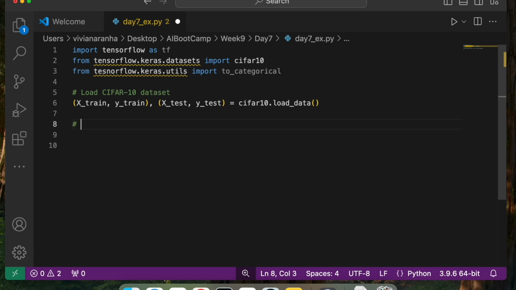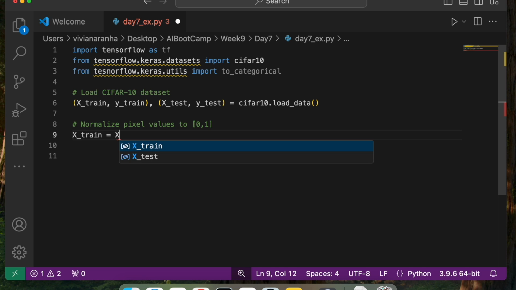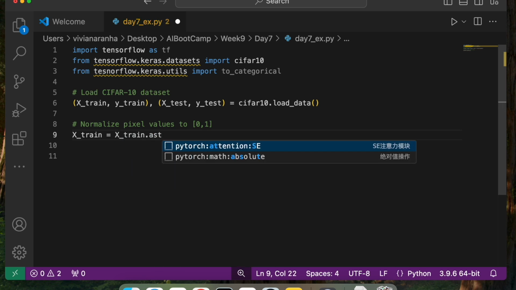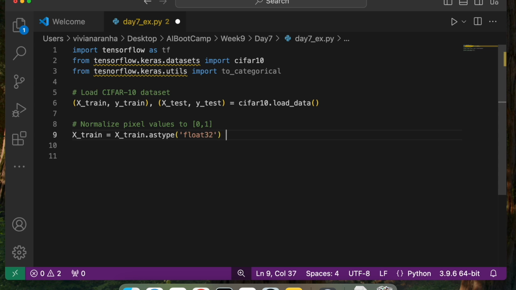Next step is to normalize pixel values to 0 comma 1. So I am going to say x_train equal to x_train.astype, and I will convert that into float32 because that's what it needs, divided by 255.0.